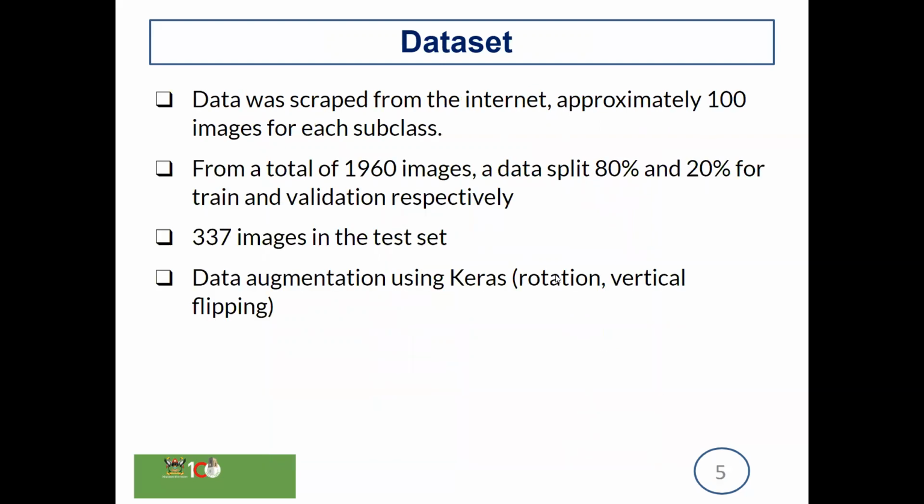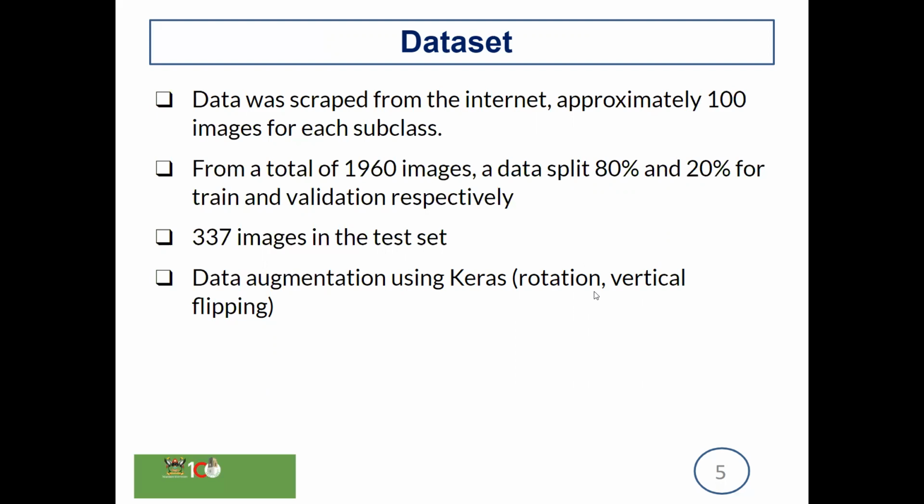They got this data from the internet, and they had approximately 100 images for each subclass, which formed a total of 1,960 images. They split this data into 80% and 20% for the train and validation partitions. Furthermore, they scraped more images to generate a test set. Since their dataset size was limited, they employed the Keras Data Augmentation API to diversify their dataset using attributes such as rotation and vertical flipping, but they do not explicitly specify the range of values they use